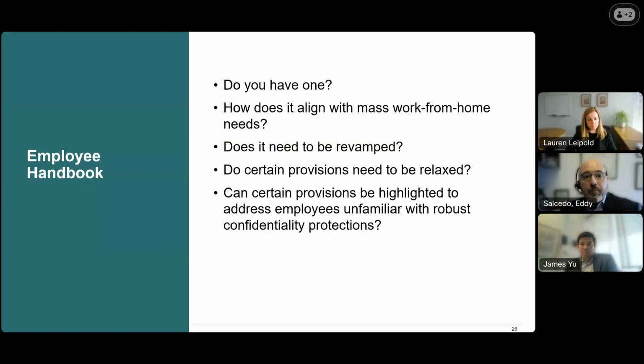As we said about the employee handbook, to the extent you have one, does it cover both working in the office and working from home? It's relatively new. We've been doing it for a while now, but it's relatively new. Did you change your handbook? Have you revamped it? Do certain restrictions need to be increased, or do certain restrictions in certain areas need to be slightly relaxed? Once again, you want to make sure you're showing the court you're protecting the information that's important